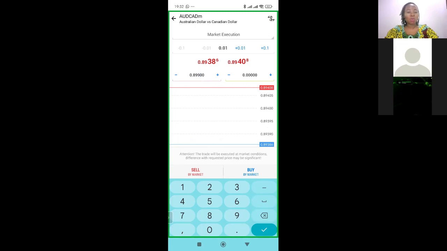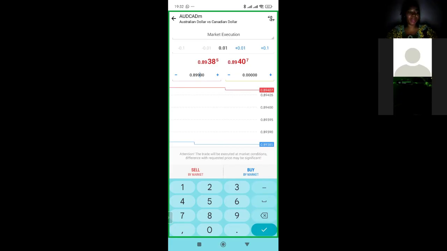For a sell, your stop loss will always be above your entry. Now, for a buy,